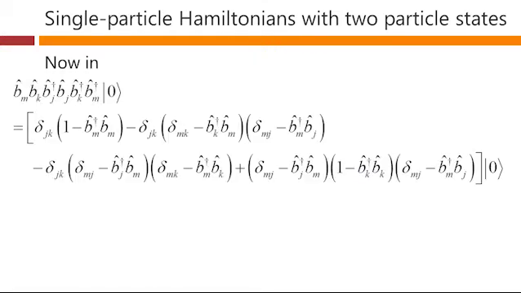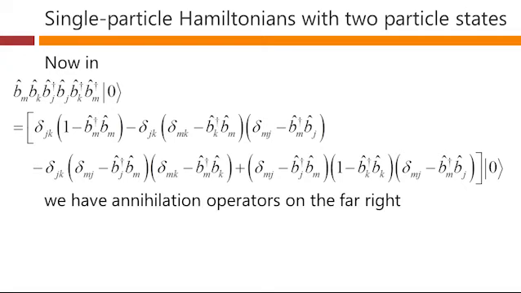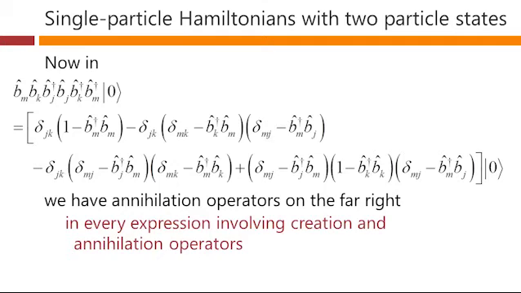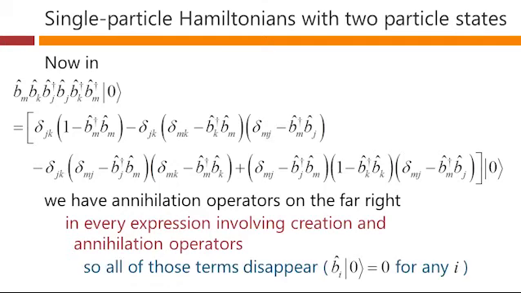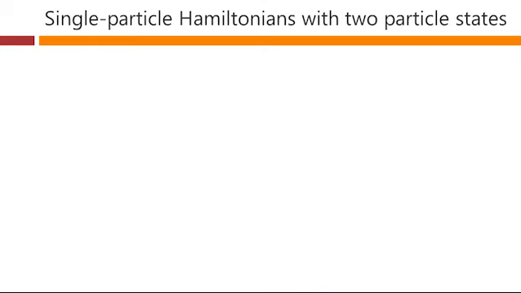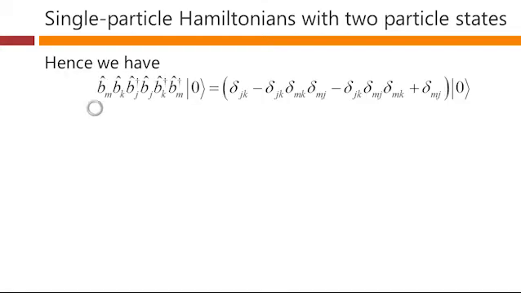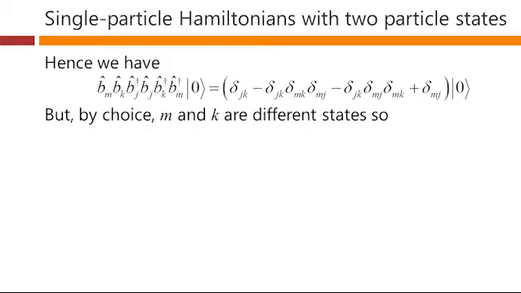Well, in this expression that we've just written out, you'll note that we have annihilation operators on the far right everywhere we have these creation or annihilation operator pairs in this entire expression. So all of these terms disappear. Again, because the annihilation operator operating on the empty state gives us 0 for any state I. Hence, this expression just reduces to this string of Kronecker deltas,